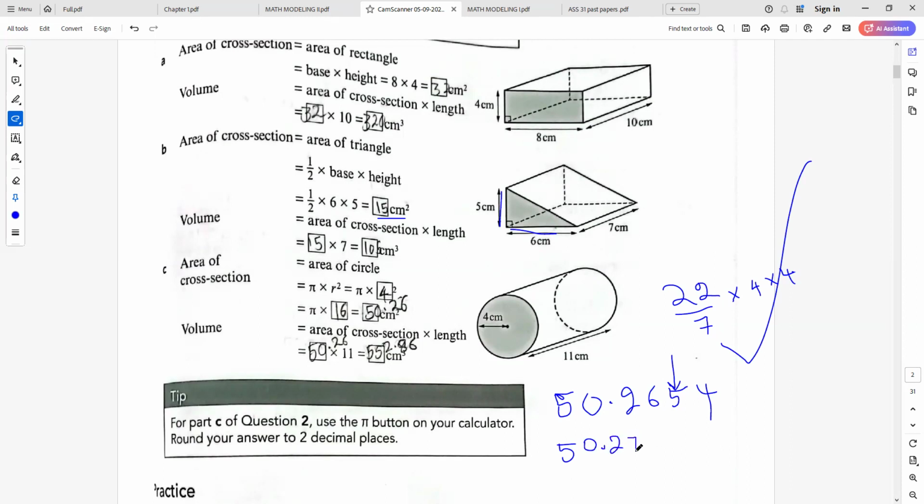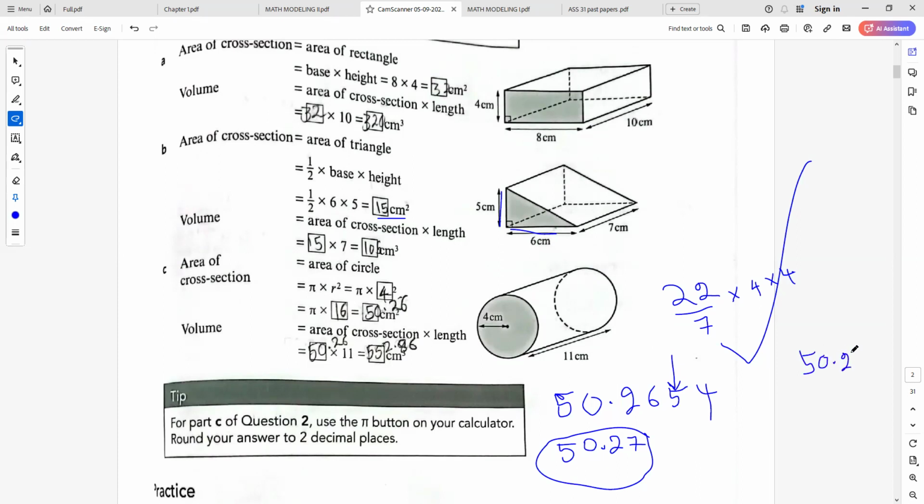50.27. Now this is the cross-sectional area. They have rounded down here, but since we have pi, we have to round up. Then the answer would be 50.27, but that will not affect the final answer. Only the deviation in the second decimal places, so that will not affect that much. So here 50.27 into 11, right? So 50.27 into 11 would be